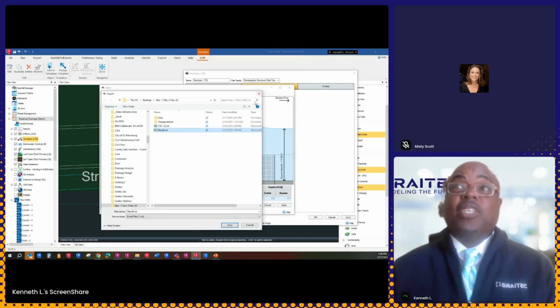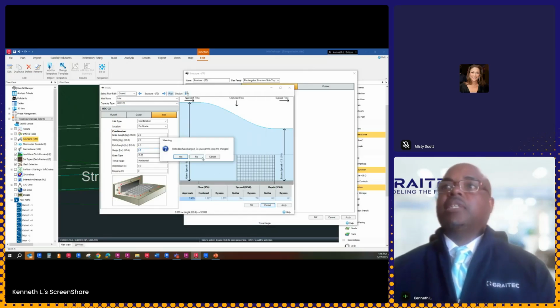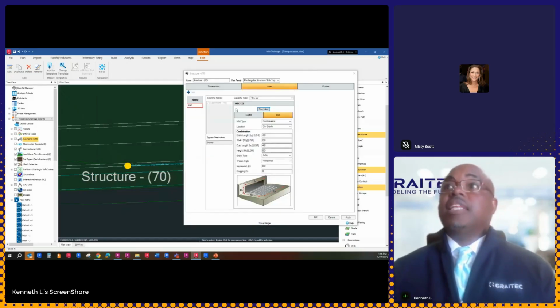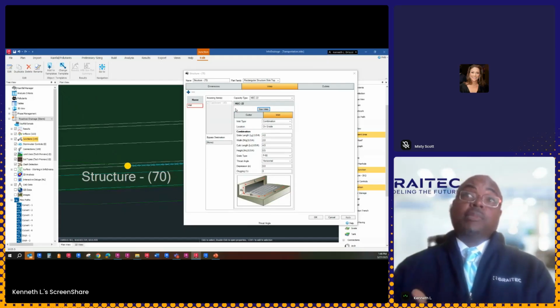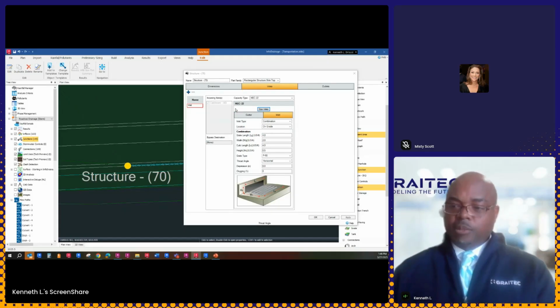Let's keep in mind the big picture of what's going on here. From that, not a big deal. I'm not going to save any of that. So the idea in terms of these HEC-22 inlets, this is just getting started in terms of what we want to be able to do. Okay, so on the other side, well,